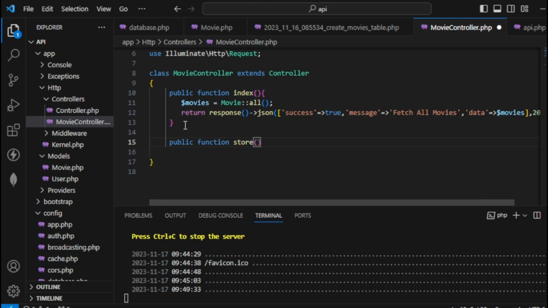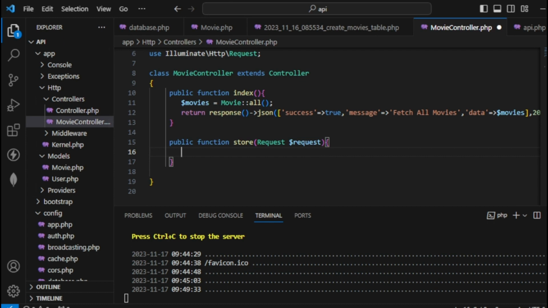Basically, similar to what we did in Node, we're going to assign the request. In Laravel, we need to assign that to a variable. So this is a Request assigned to a variable $request. That's how they assign a request object to a function. Now next, there are a few things we need to do before storing our data. In Laravel, you need to validate that. To validate the data, simply type validatedData